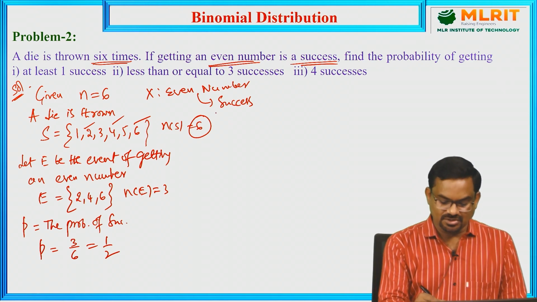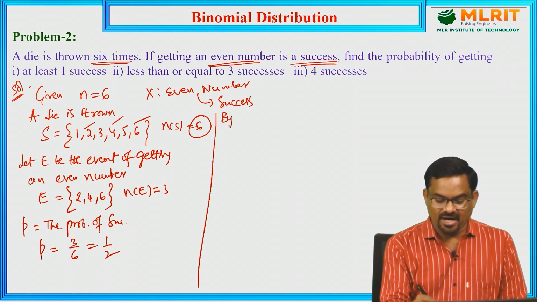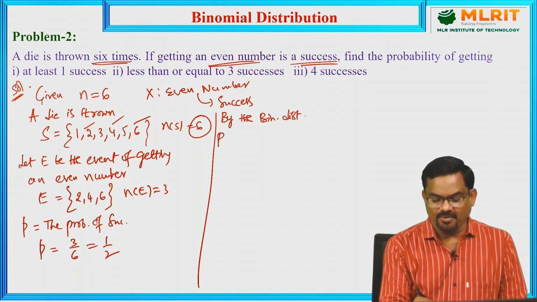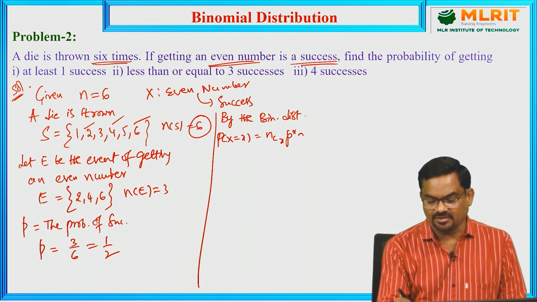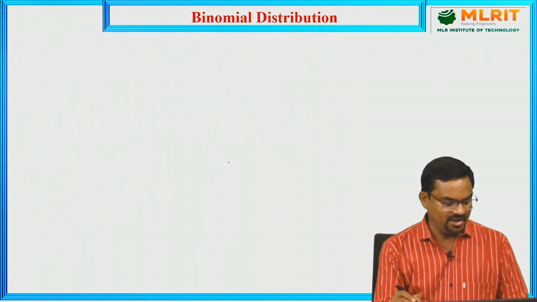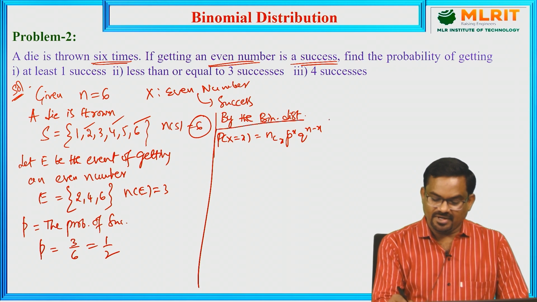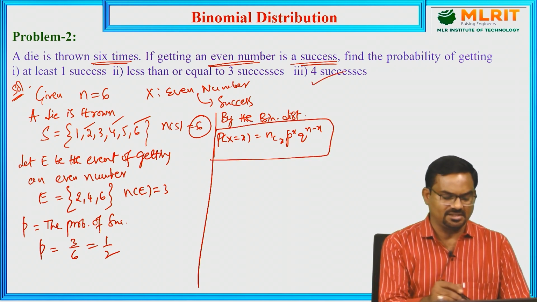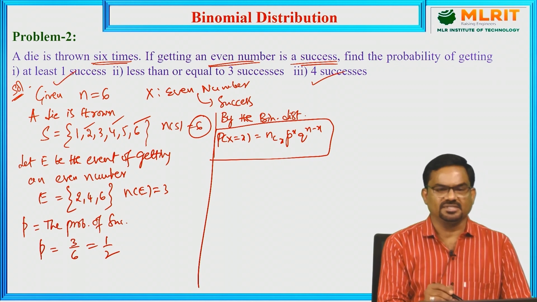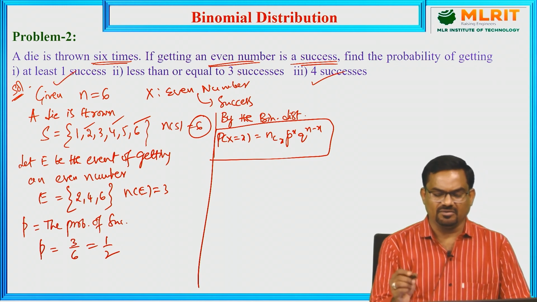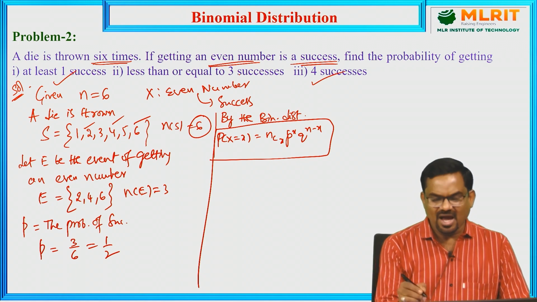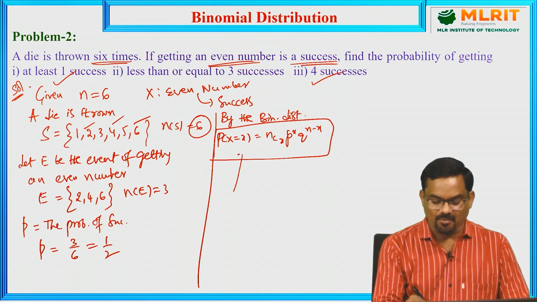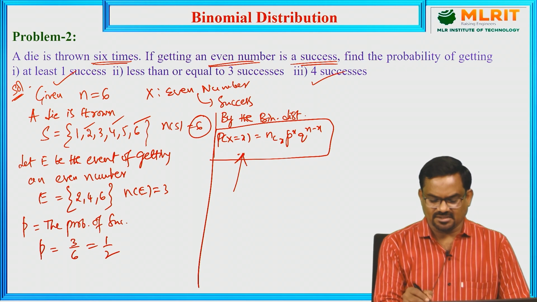Now, let us use the binomial distribution. By the binomial distribution, the probability of getting x successes is nCx p power x q power n minus x. Here we need to calculate different successes: in the first problem at least 1 success, in the second problem less than or equal to 3 successes, and in the third problem 4 successes. If you have the number x, you can find the probability of getting some number of successes using this